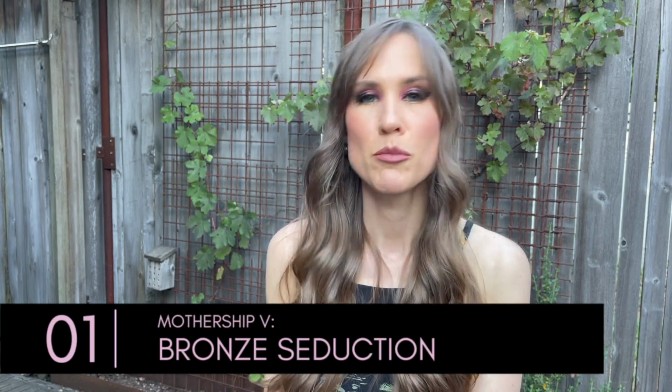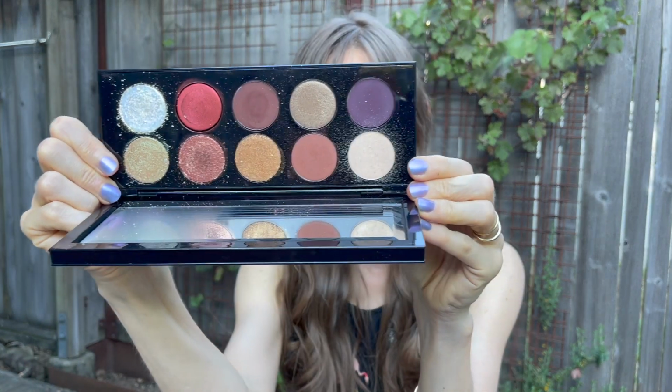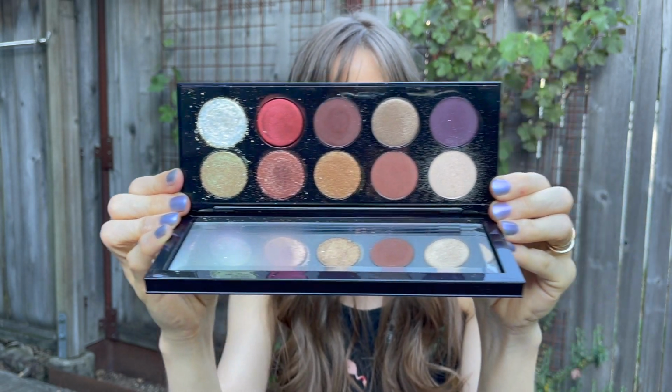In first place, this is my favorite palette from her. This is the Mothership 5 Bronze Seduction. I just find that every time I use this palette, the look is amazing. I feel like I cannot mess it up. Nothing I can do will make this not look good. It just always looks good. It's so easy to use, and I think that's why it's in the top spot for me. This is what it looks like on the inside. Yeah, this one, just holding it, it just feels like pure magic. It's like you can't mess this up. I don't know what witchcraft it is, but